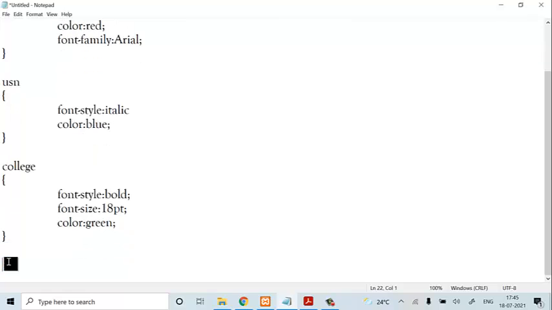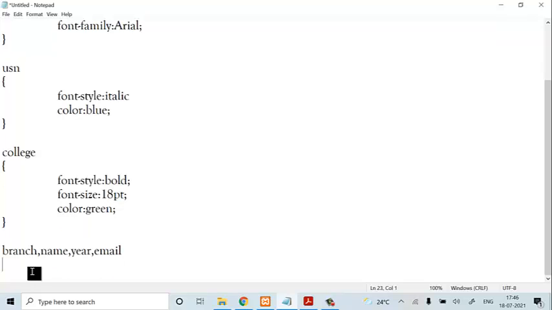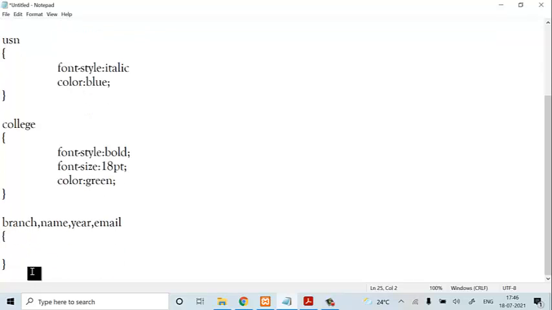Now we have another 3 tags. One is a branch tag, branch, comma, name, comma, year, comma, email. Now I have to apply some colors or some attributes to all these tags.